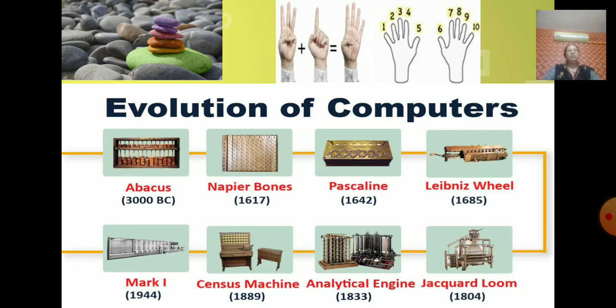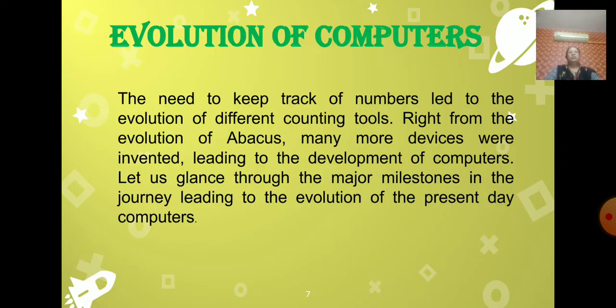Tell me, in the olden days, how were people calculating? They were using fingers, toes, stones, sticks, pebbles. Then they started drawing lines for calculation and for keeping records. The earlier manual method of calculation was very slow and a time consuming process. So there was a need to develop faster calculating devices. We will see some calculating devices. The first one is the abacus.